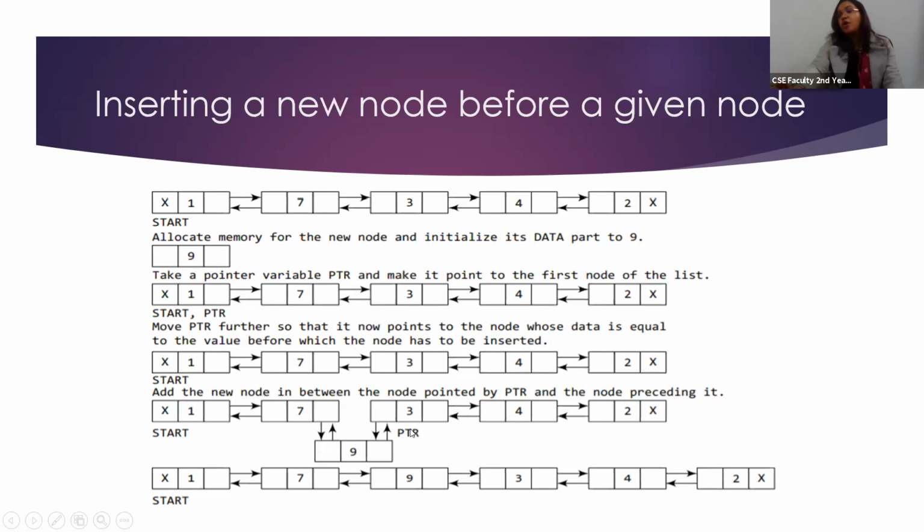Either you do this or you use two pointers like in the singly linked list. In the singly linked list example, two pointers were used. One was pointer, another was pre-pointer. If you use two pointers, then you can do any joining first. There will be no confusion, no problem.